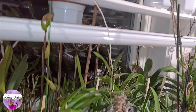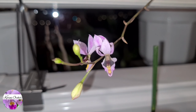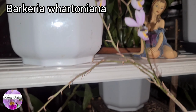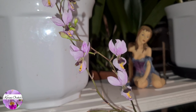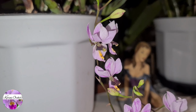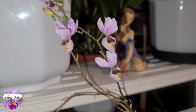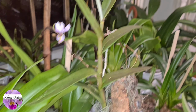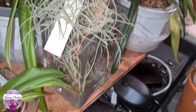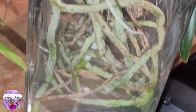And up here, I know, I probably already showed this one to you a couple of times, but I don't care. It's the Barkeria Baroniana. It's a species which I thought I couldn't grow. But she just keeps on going on a very long regime, and even down there a short spike, sitting in a glass vase, getting into growing stage. You can see green root tip starting,